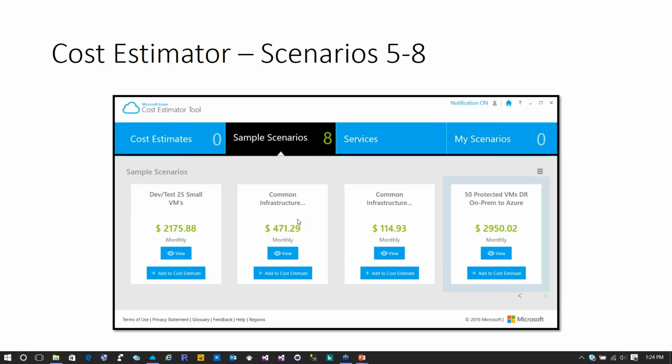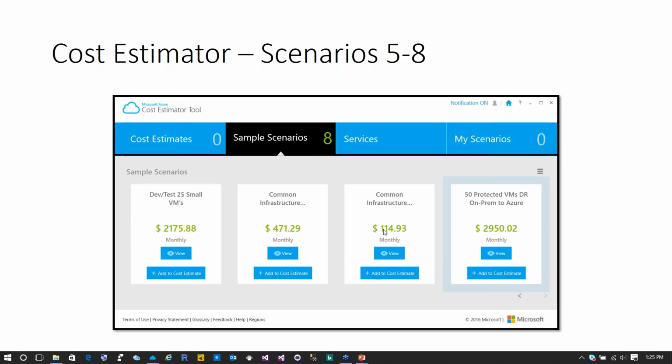Here on the second one, we've got the common infrastructure that's included with VPN and 5 TB egress bandwidth in zone 1. So let me explain the zones. Inside of Azure, there are 3 primary zones. I think the US, Canada, Americas are zone 1. Europe is zone 2. And I think Asia is zone 3. But each of these zones affect how the bandwidth and the pricing is, so I just want to mention that.